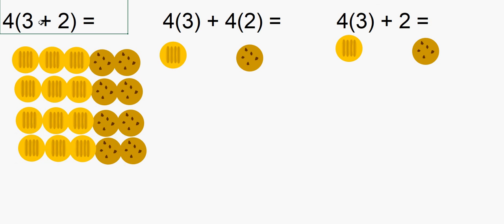And we know that's going to be 20. You can count the cookies, or you just do 3 plus 2 is 5, times 4